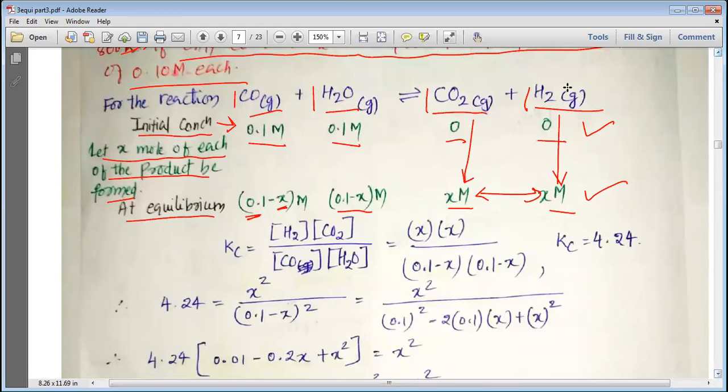बच्चों, क्या आपको समझ में आया कि यहाँ पे मैंने 0.1 माइनस एक्स क्यों लिखा है? No sir, फिर से समझाइए प्लीज।